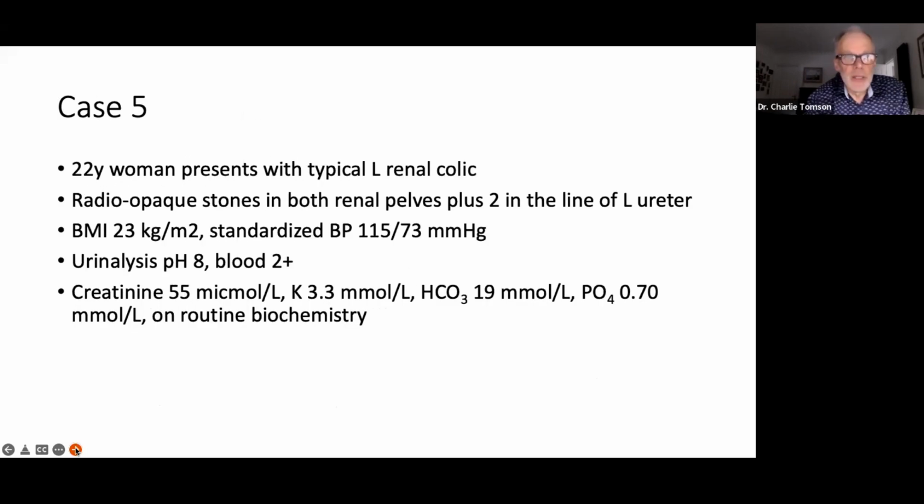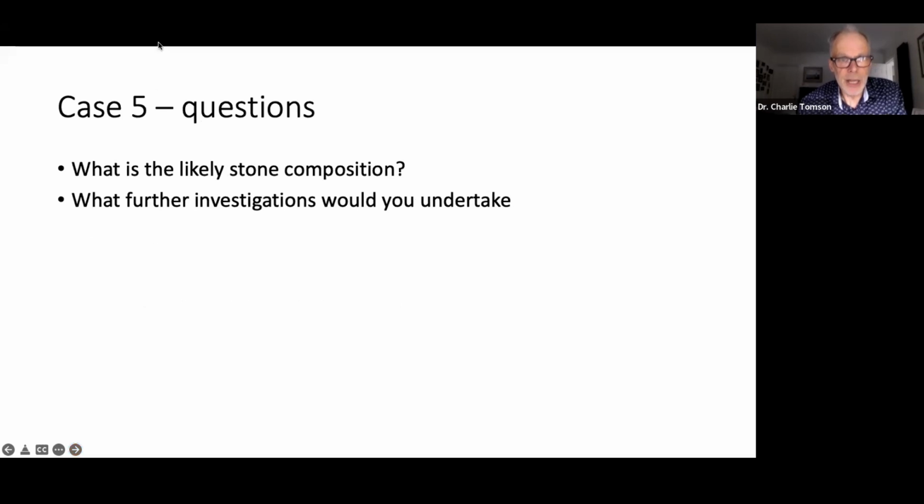Case 5 is a 22-year-old woman presenting with left renal colic. She has radiopaque stones in both pelvises, plus 2 in the line of the left ureter. She's standard weight with a standard blood pressure. She has a pH of 8 on urinalysis, but no signs of infection. And she has a slightly low potassium, a slightly low serum bicarbonate, and a slightly low serum phosphate on routine chemistry. And again, I'd like to challenge you to ask what the likely stone composition is and what further investigations